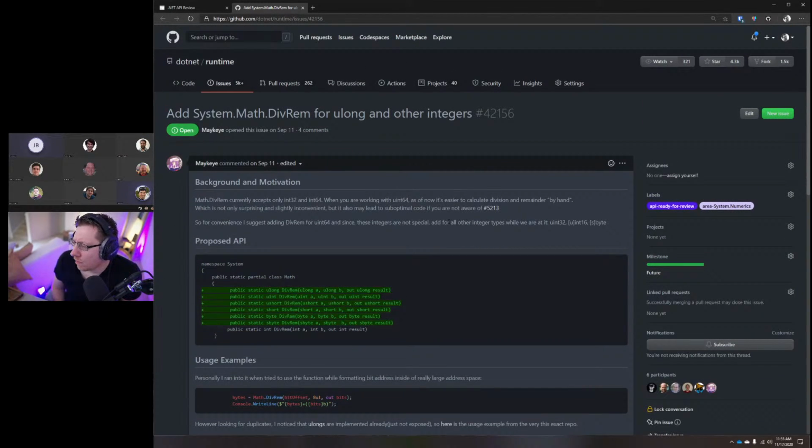So it's likely the pattern we should use moving forward. So it's a question of, do we want to be consistent? Do we want to expose both patterns? Or do we want to just start exposing the value tuple pattern for all these new overloads?